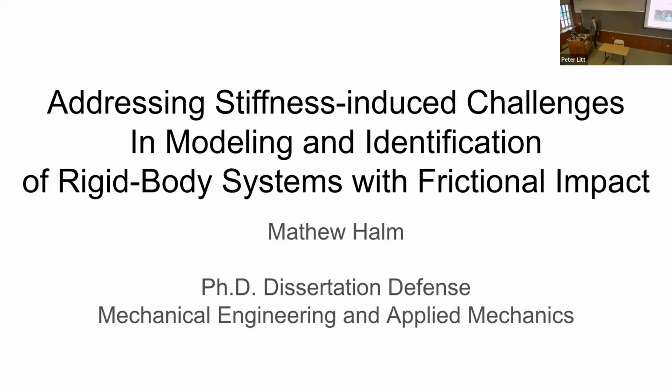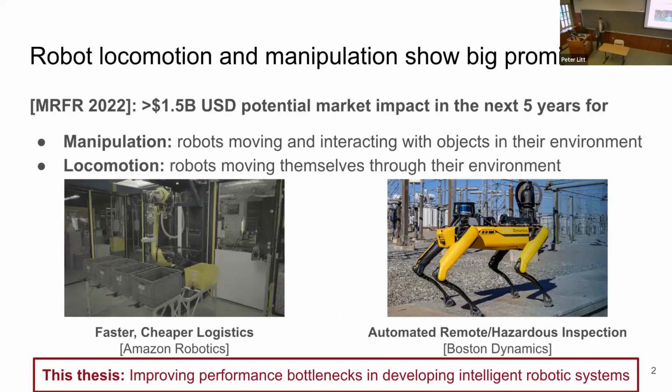So primarily, we're going to be taking an interest in robotic locomotion and manipulation, by which robots move themselves and objects around in their environment. And there's a huge potential for impact in industry with these applications just in the next few years, both in terms of finance and impact on human safety, as dull, repetitive, and often dangerous work becomes automated.